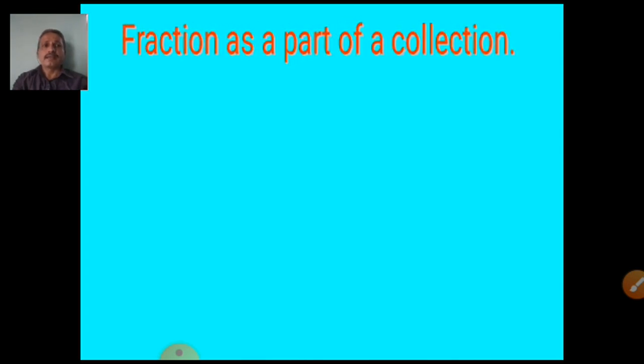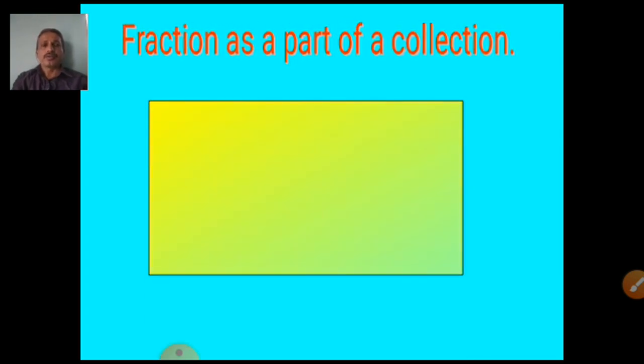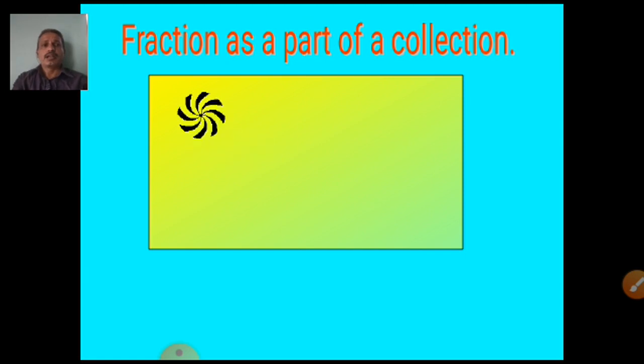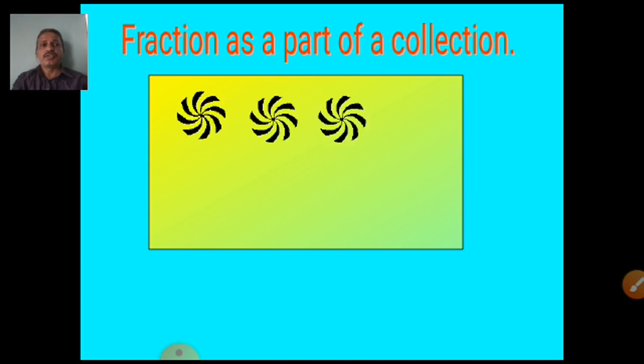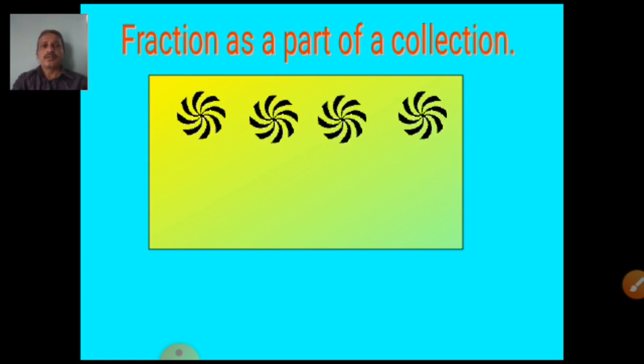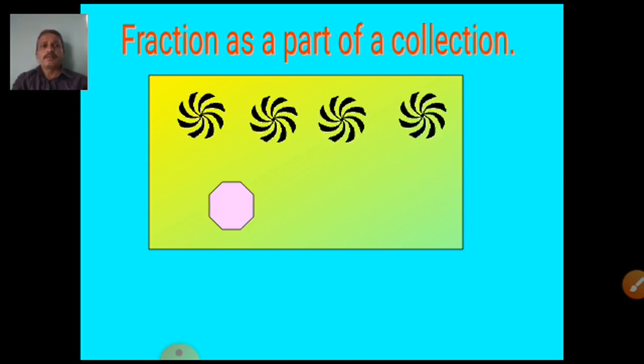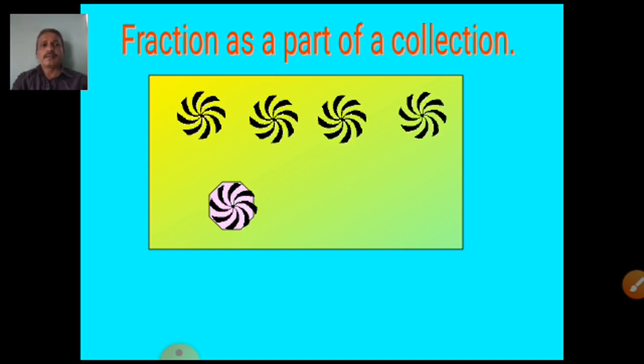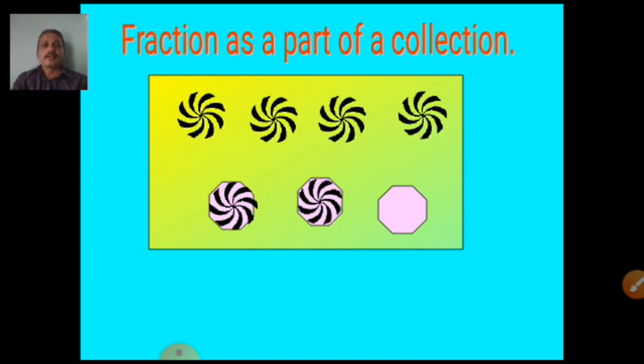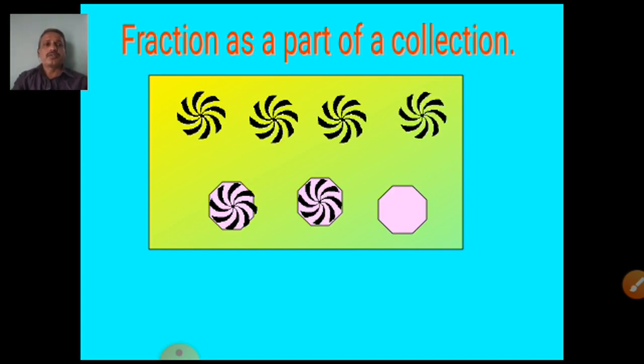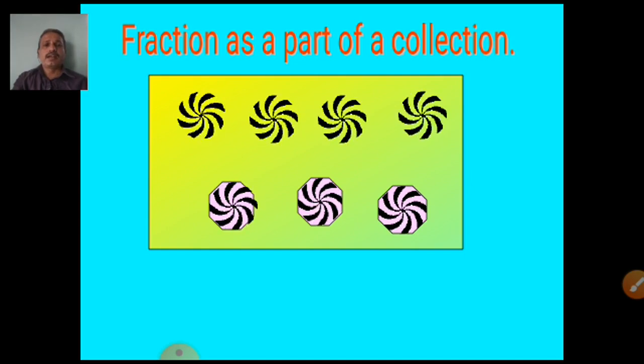Fraction as a part of a whole, that we discussed. Now from collections. See, here are some fans. Do you like fans, students? Now is the season of fairs. Fairs have fans. You have visited a number of fairs in your cities, but you like this fan, and here are the fans. We count them first of all, and then discuss. See how many fans are there.